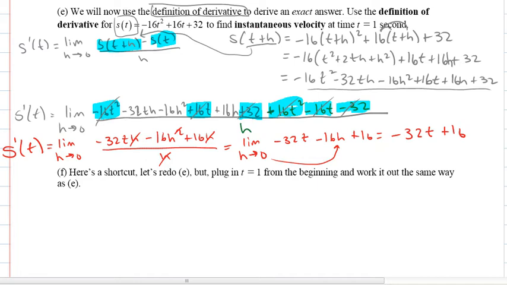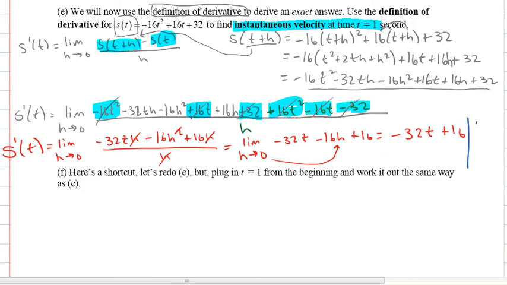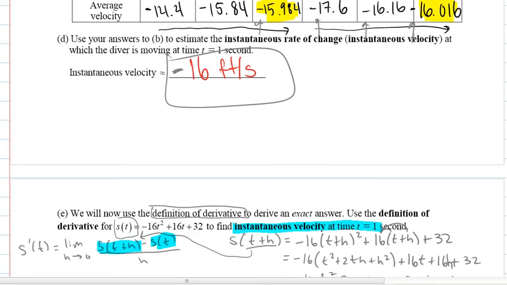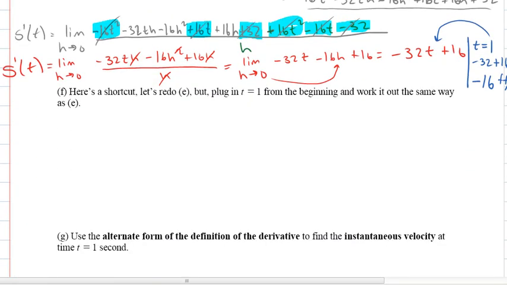Now, we're interested in finding the instantaneous velocity at t equals 1. So I can simply plug in t equals 1 in here, and I get negative 32 plus 16, and my instantaneous velocity is negative 16 feet per second, which is what we estimated in the last video. So we derived the instantaneous velocity by using calculus